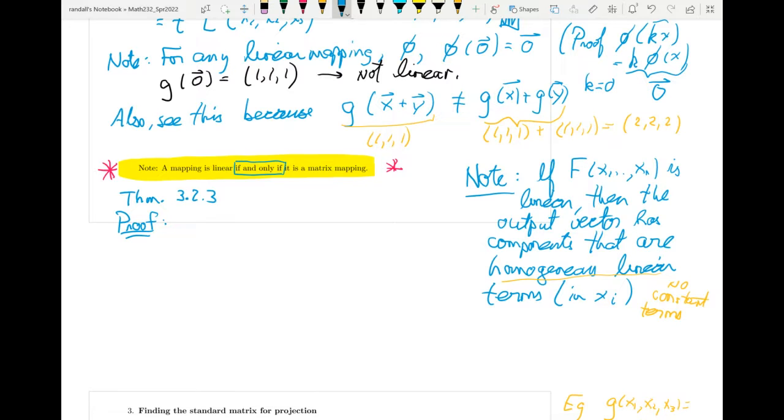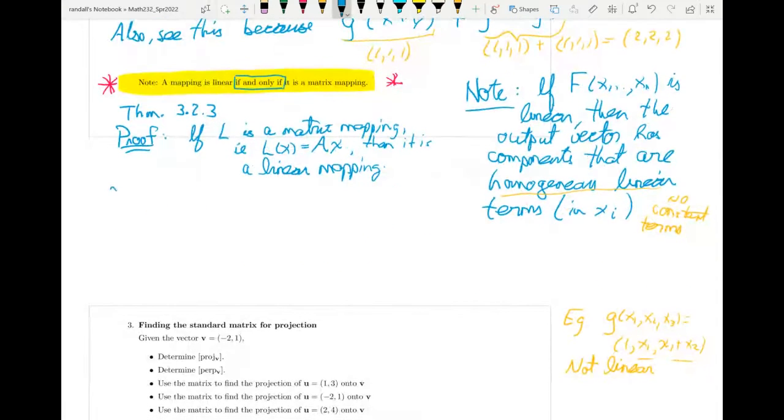Okay, so let's do the only if. So if L is a matrix mapping, okay, that's what we talked about above, i.e. L acting on X is given by a certain matrix multiplying X, then I've shown above it is a linear mapping. Okay, so that's that. I did that part there. Now the other one is more work. Okay, so conversely,